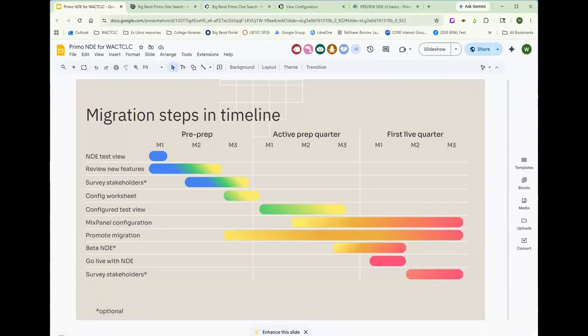But just to give you an idea of how I envision moving us through this process, I want everyone to have a test view to start getting familiar with some of the new features. If you need to talk to certain stakeholders, be that instructional librarians, outspoken faculty, a library advisory committee on campus,